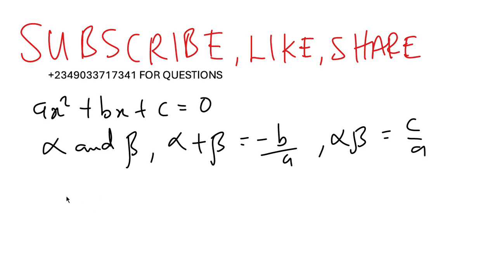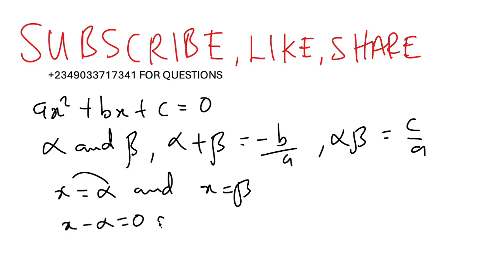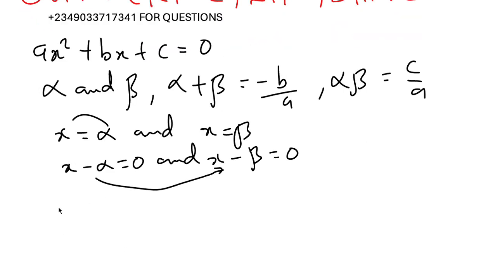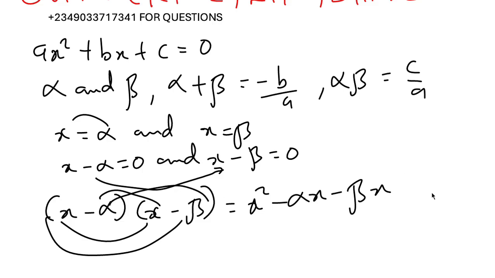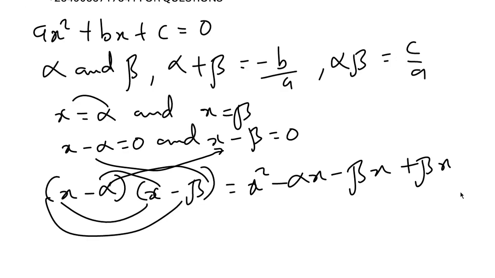So if we say that the roots are alpha and beta, we could take the alpha to the left hand side. It becomes x minus alpha equal to 0 and x minus beta equal to 0. So we can then multiply these two to get the quadratic equation involved, and that will be x minus alpha into x minus beta. Then an expansion: x times x is x squared, negative alpha times x is negative alpha x, negative beta times x is negative beta x, and then negative alpha times negative beta is